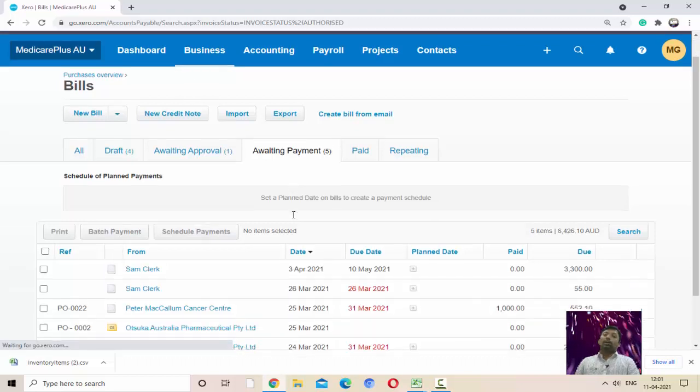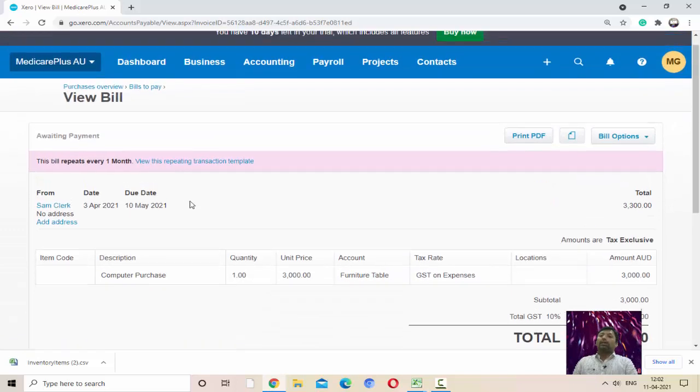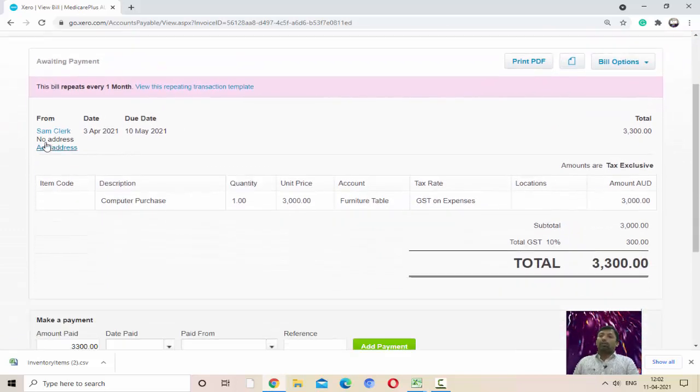After that, click on Awaiting Payment. Awaiting payment means all these bills are approved by our business, and now these bills are waiting for payment. Click here, and you can see that this is a bill. You can view this bill, the name of the person, Sam Clark, to whom our business has to make payment,